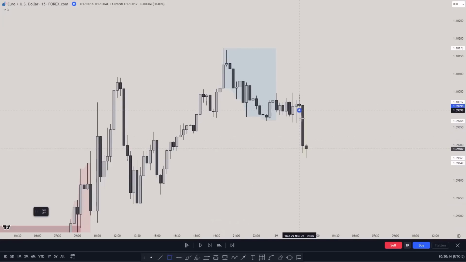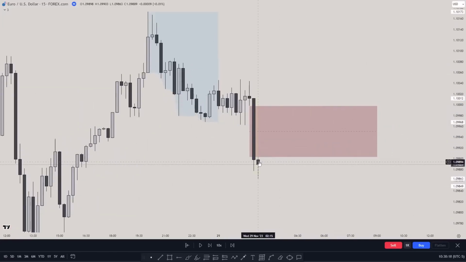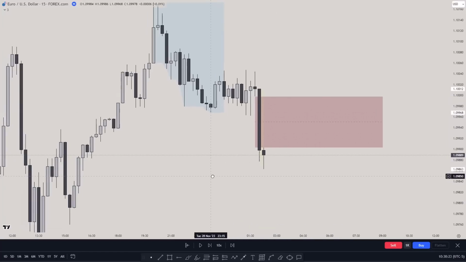What do we see? Literally a fair value gap. And as I said, every fair value gap tells you a story. So this fair value gap is telling me that there is something happening here. Now, a 15-minute fair value gap, aligning with the daily and weekly time frames. So now any reversal on the 1-minute inside of this, I would go lower.